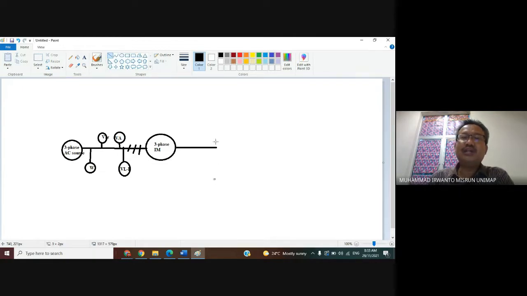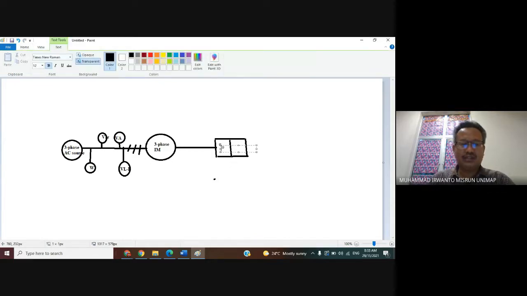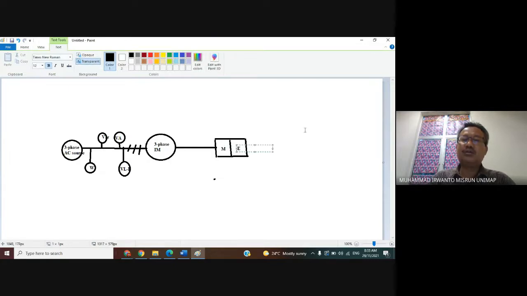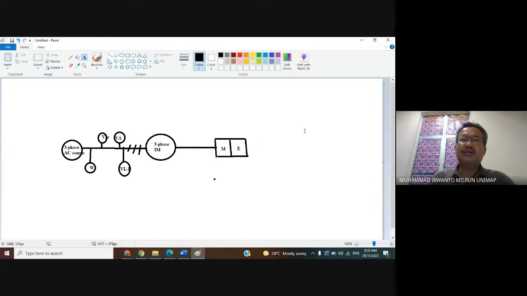In our simulation, the mechanical energy will be converted to electrical energy. I mean in our simulation, we need the mechanical-electrical block.